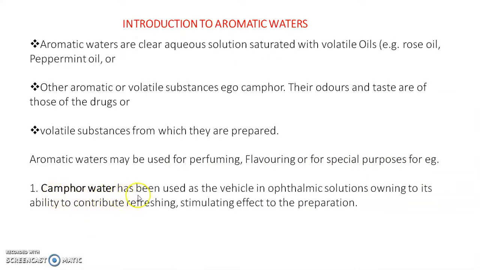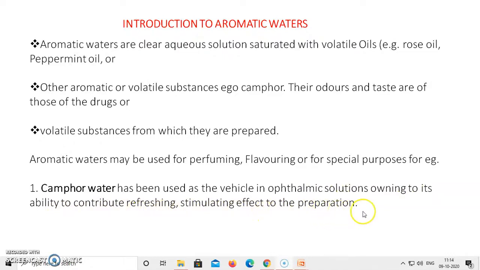Camphor water has been used as the vehicle in the ophthalmic solutions owing to its ability to contribute the refreshing, stimulating effect to the preparations. These are the camphor waters, mainly for the ophthalmic solutions use, and these are the refreshing ones, giving a stimulating effect